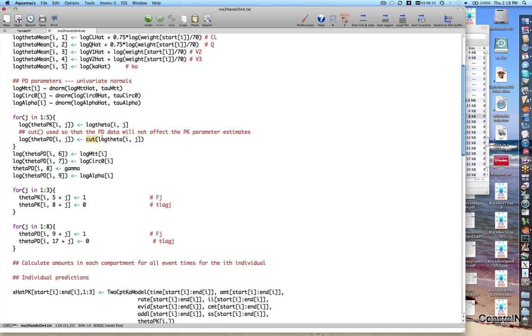So on the right hand side you'll see I've got the same log theta values that I have in the previous statement, but I put a cut function around them, and I'm assigning those now to theta PD, and it's that theta PD that I'm going to pass to our PK-PD model function. And that's going to accomplish what I mentioned before, which is we've got a situation then where